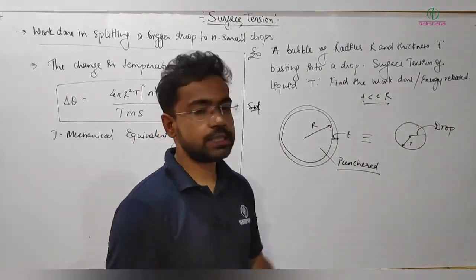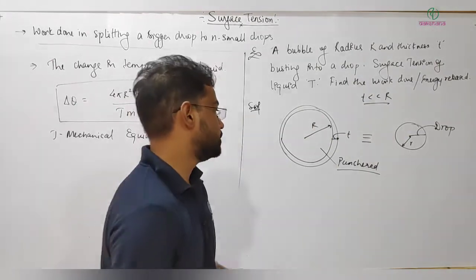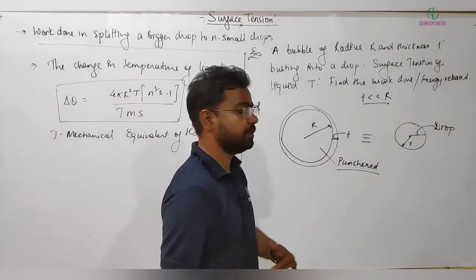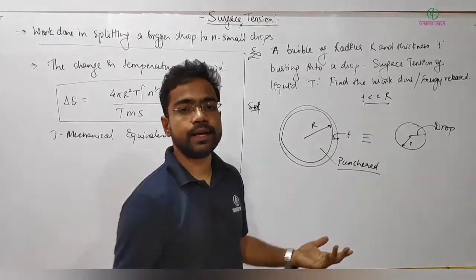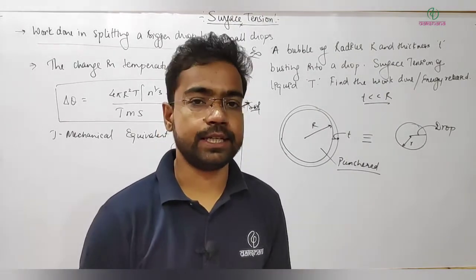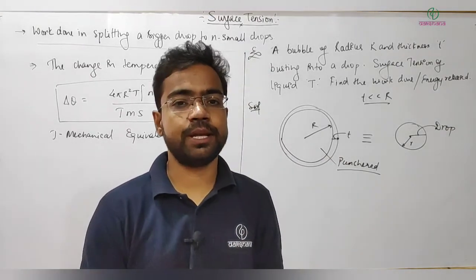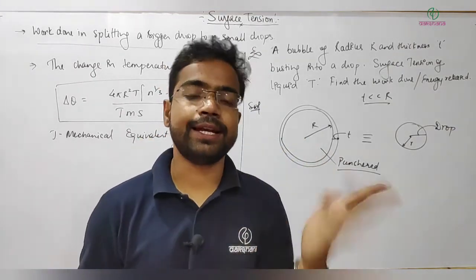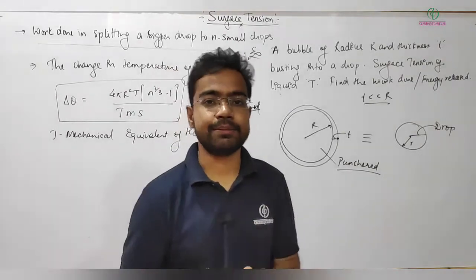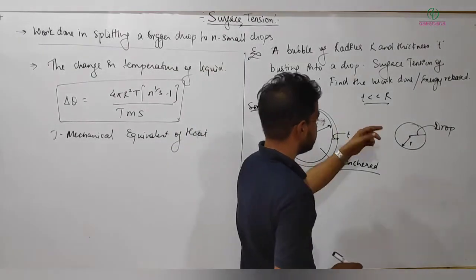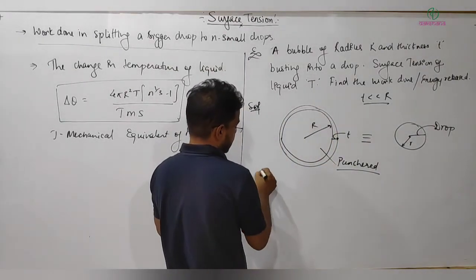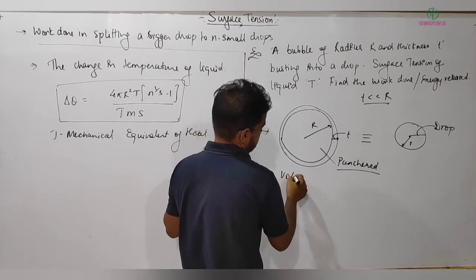And we need to get the change in surface area also. That ultimately we will get, once you have surface area change, then multiplied by T will be the energy. If surface area is increasing, energy needs to be supplied; surface area decreasing, energy will be released. Simple concept, right? So in this process, first by volume conservation,